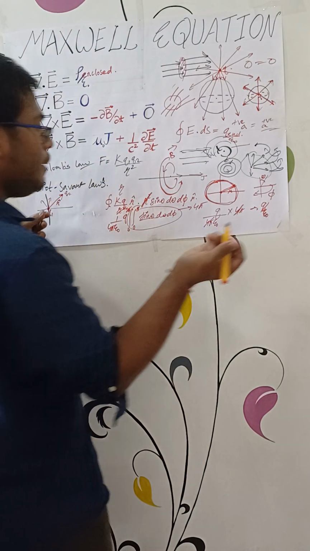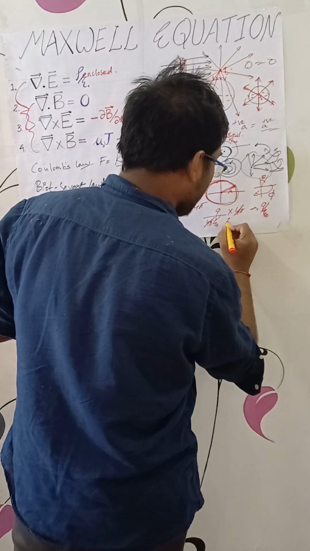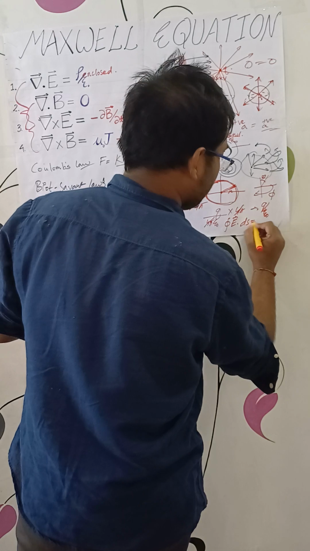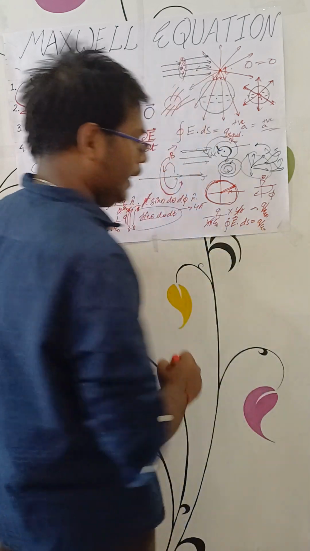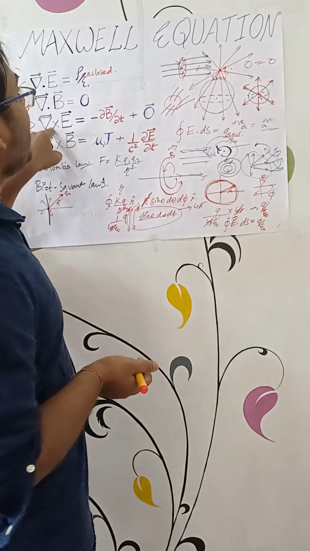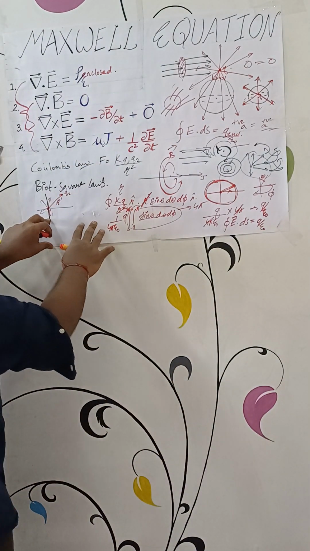सो अभी तो यहाँ पे बोर्ड में लिखने की बहुत अच्छी जगह नहीं बची, बट स्टिल बेसिक आइडिया ये है कि आपका फ्लक्स बराबर q बाई ε₀, ये आपका प्रूफ हो गया। अब कर्ल के बारे में बात करें, अब यहाँ पे बहुत ज्यादा जगह नहीं तो चलो मैं यहाँ पे लिख रहा हूँ, आई होप आप लोग देख पा रहे हैं